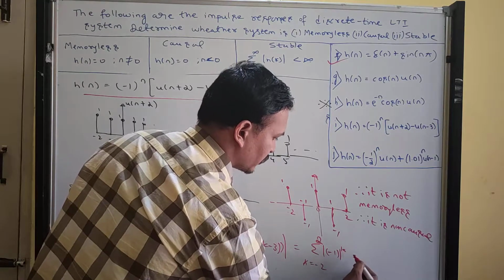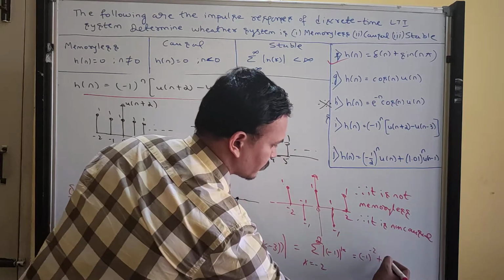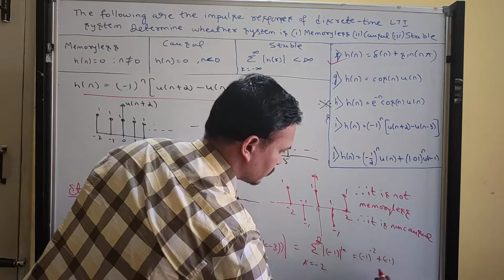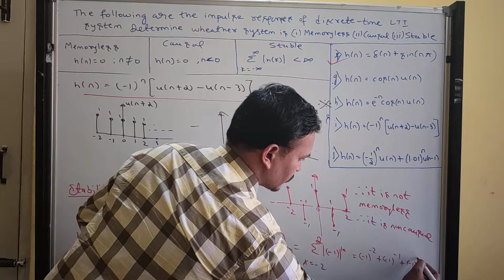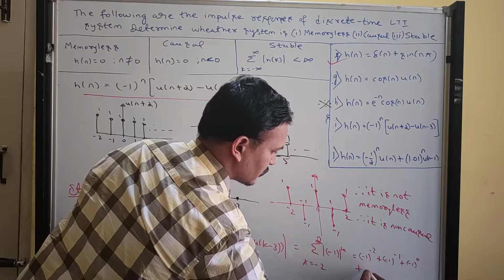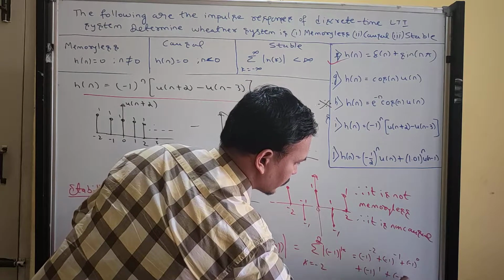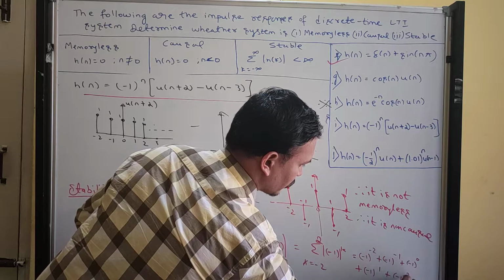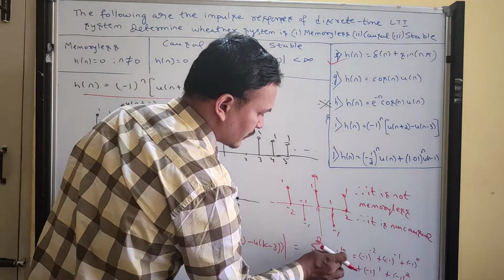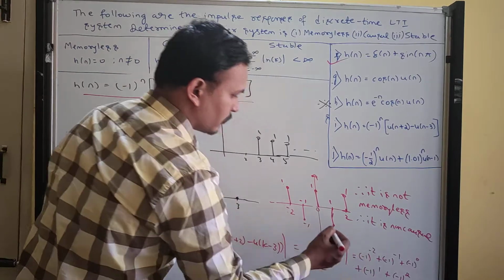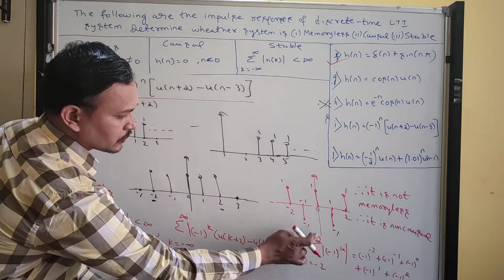See, now if I put k value, minus 1 to the power of minus 2, plus minus 1 to the power of minus 1, plus minus 1 to the power of 0, plus minus 1 to the power of 1, plus minus 1 to the power of 2. You expand like that. Okay. See, they given modulus, no? Mod k. So this entire thing I return the limits minus 2 to 3.